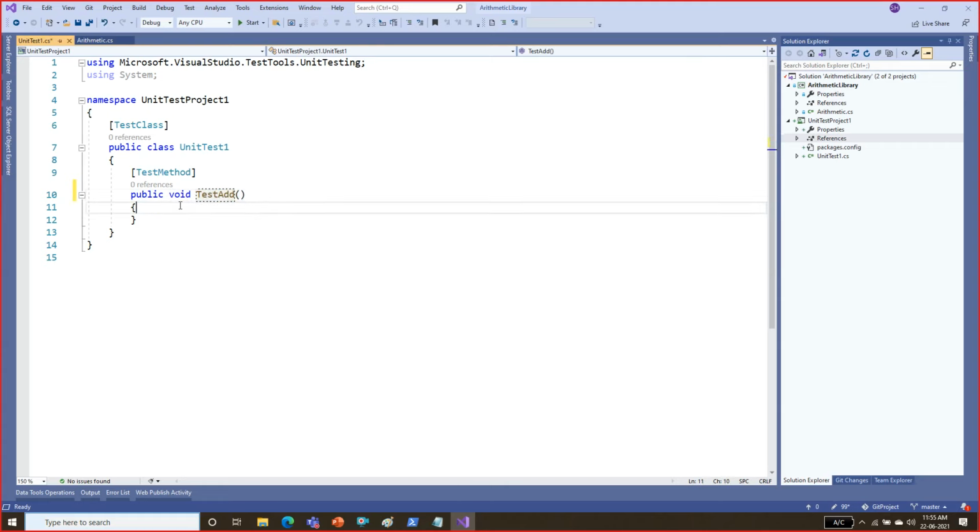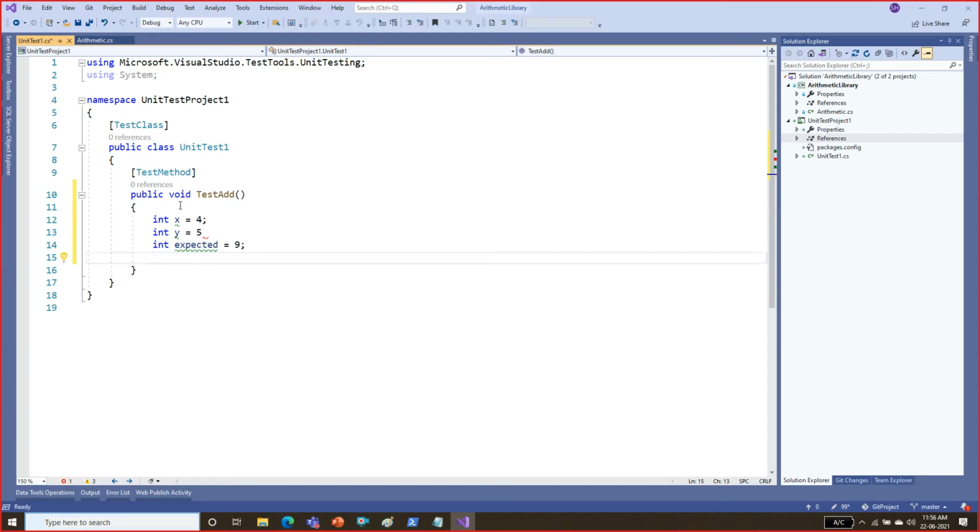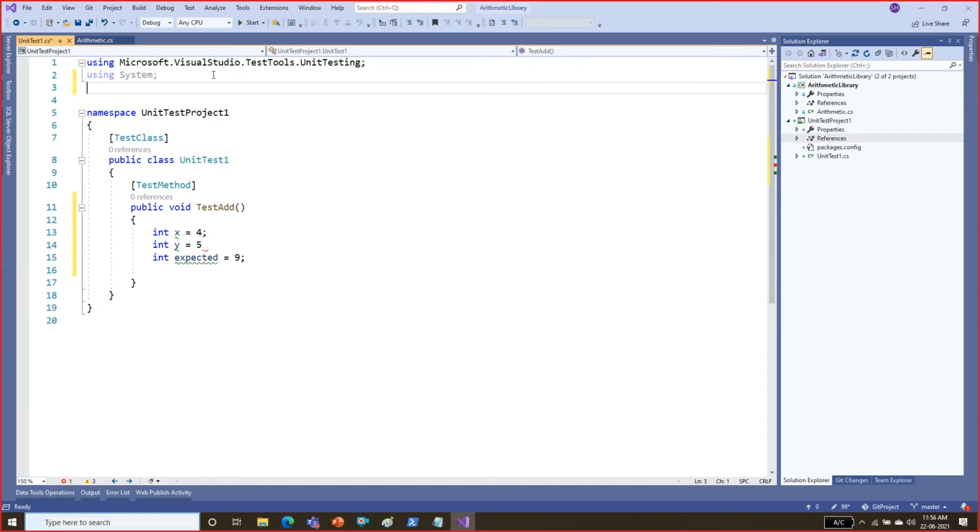Now I need to set some values here. I'll say int x equal to 4, I'm just entering a value, y equal to 5, and int expected result. I'm looking for 4 plus 5, it should be 9. I'm going to access an arithmetic operation. Now I need to add a reference of that class, so I'll say using